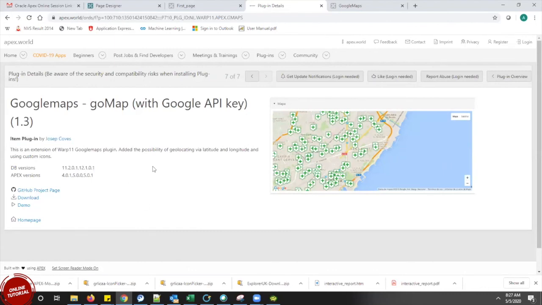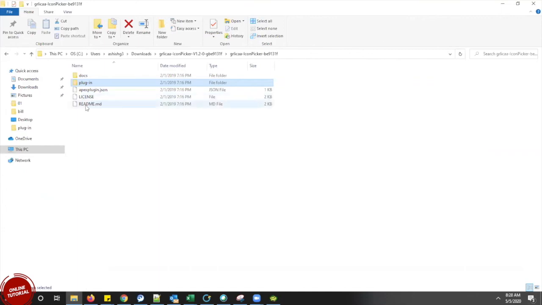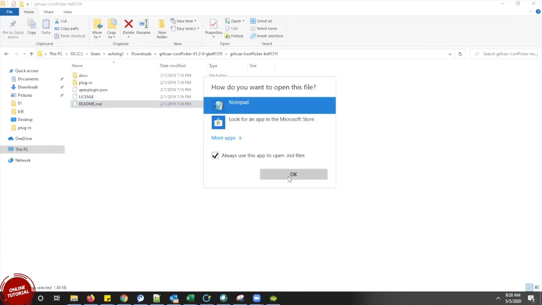So while we are doing this, if you install two to three plugins, or even one, you will have a better picture. When we download this API, there could be a scenario where we have downloaded it, but we cannot understand what this API is all about. So we have help here as well. That is the README.